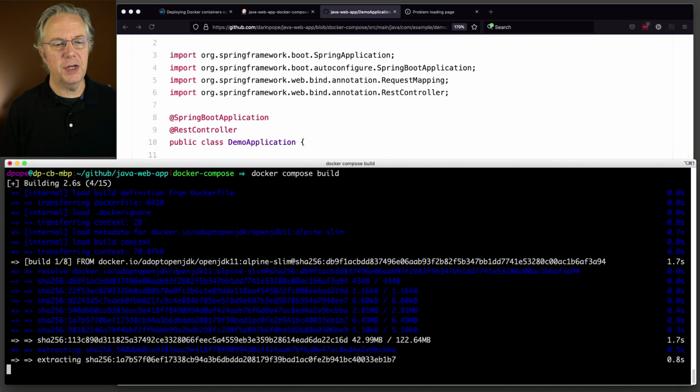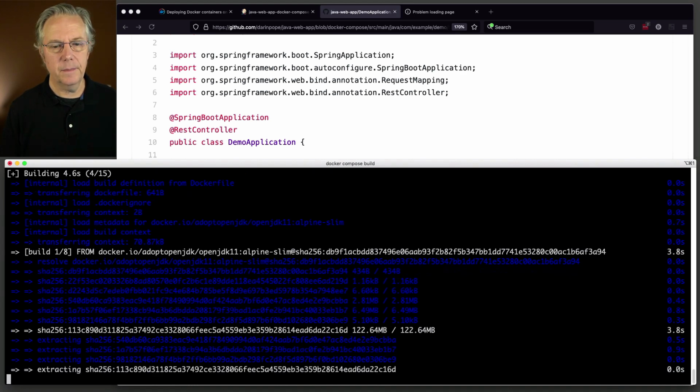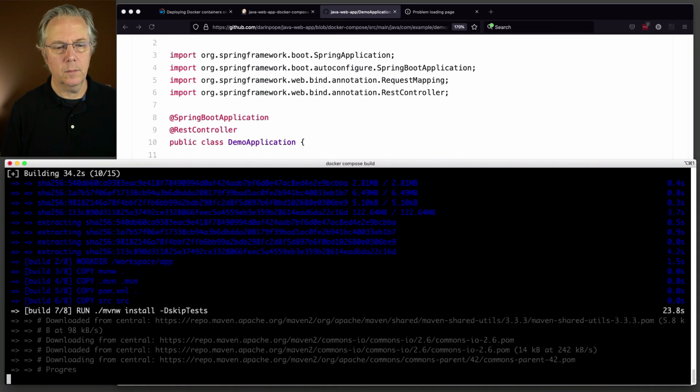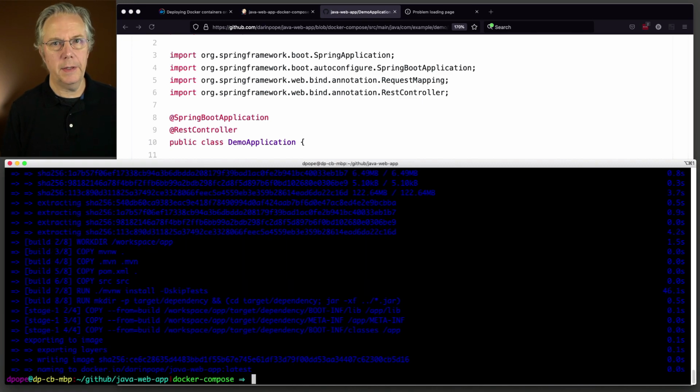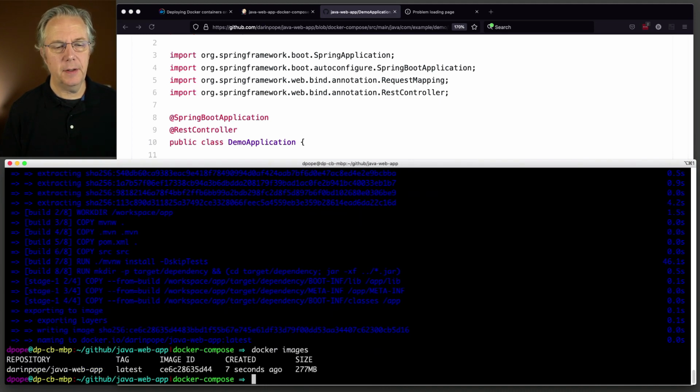And let's give this just a couple of seconds. And now we've completed the build, so far so good. In fact, let's just verify that. docker images, and there's the image. Now we're ready to go ahead and do a push to Docker Hub. Now, how are we going to do that? We're going to stick with docker compose push, but if I do that right now,